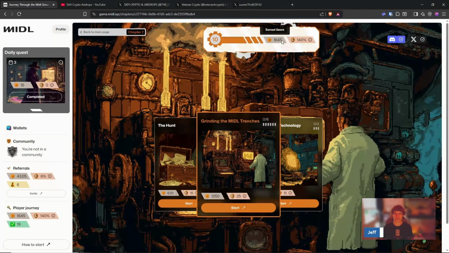Racking up these gears and keeping that power health alive, that steam power alive, climbing the ranks, and just completing these quests. If you do need help navigating this,